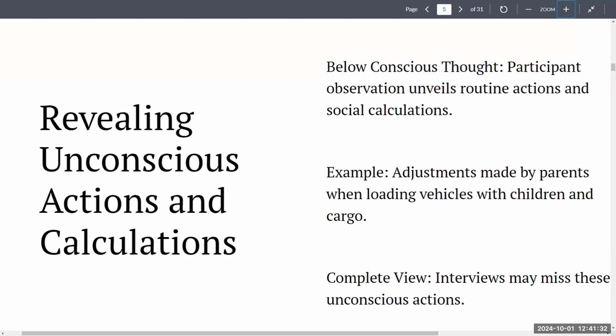All right, so revealing unconscious actions and calculations. Again, participant observation unveils routine actions and social calculations that really, as it says, are unconscious. You behave in a certain way, and you're not even aware that you are behaving in that way. Yeah? So,